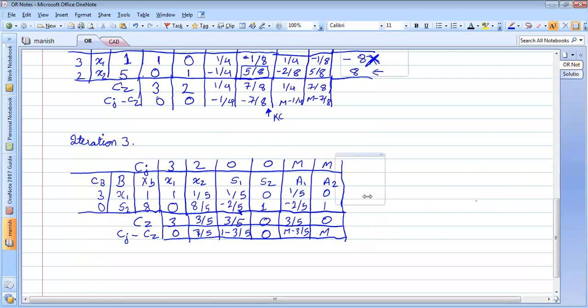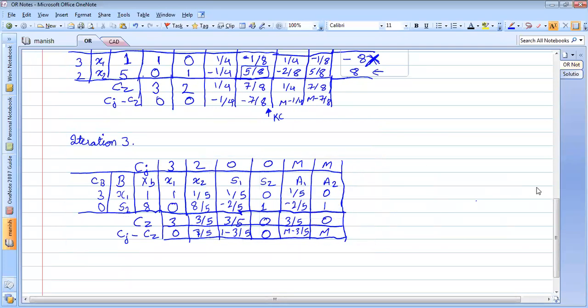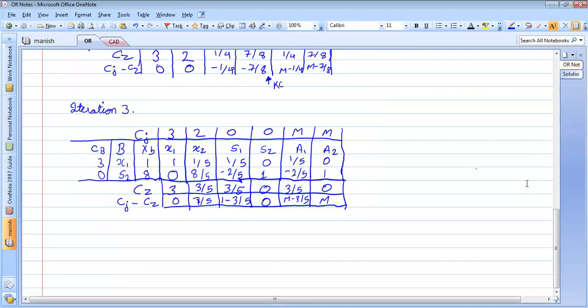No, sir. Okay. So similarly, again here also we are seeing there will be one more positive value. So this is also a positive value. So we will replace this value with the key column. Again, we will consider this as the key column, and again we will solve it. Okay. Any doubts up to this point? Any doubts, students? No, sir.